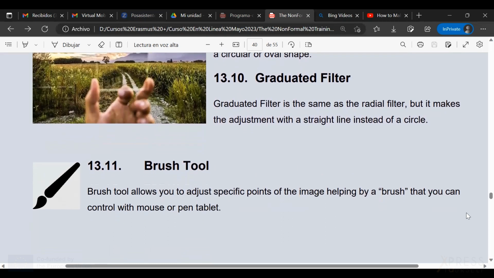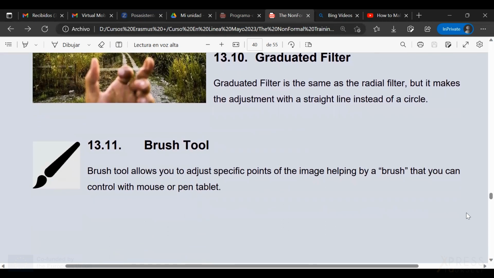And then we have the brush tool. This is as well in some of the editors, but not in every editor. The editor that I use on my computer does not have it.